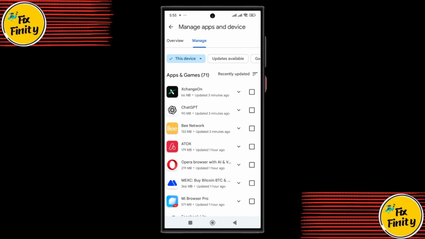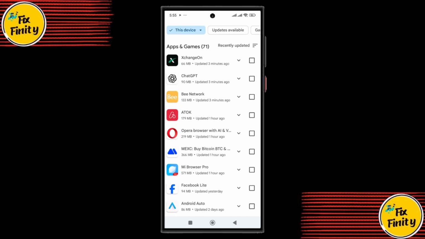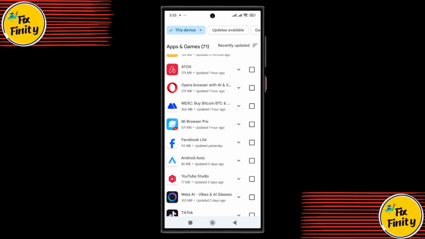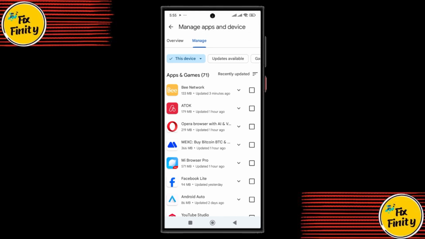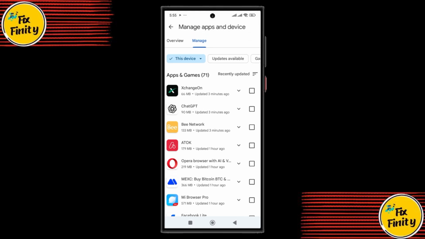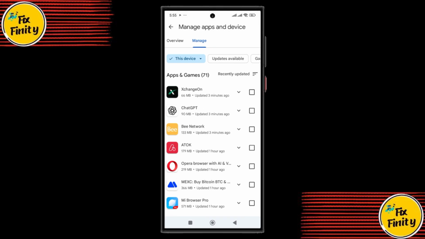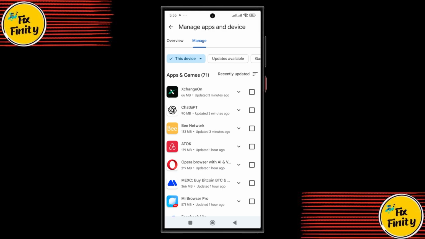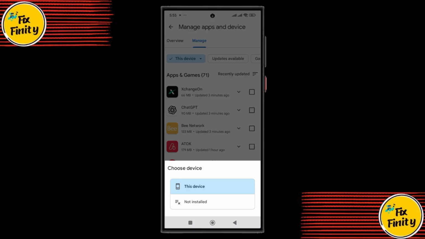Here, you'll be able to see a complete list of apps that have been downloaded using your Google account on this device. This includes both installed apps and apps that were downloaded in the past but are no longer installed. If you use the same Google account on multiple devices, you can also switch between devices to view app history